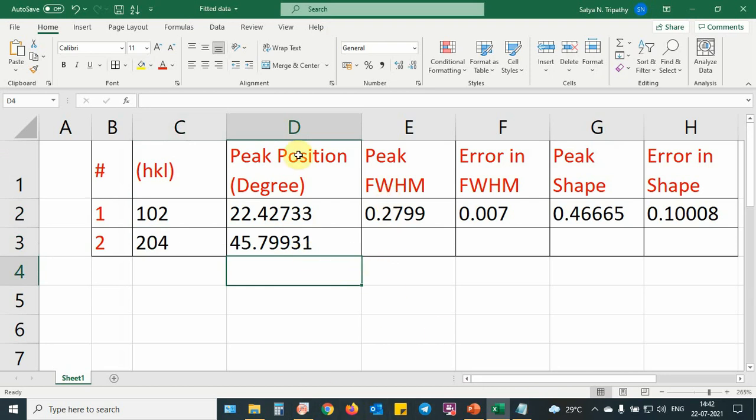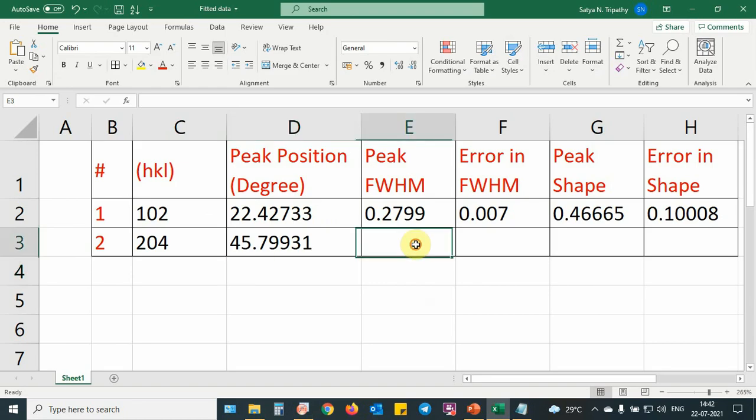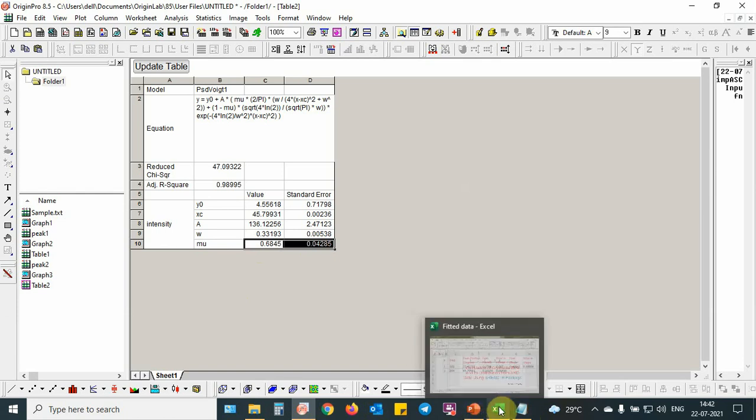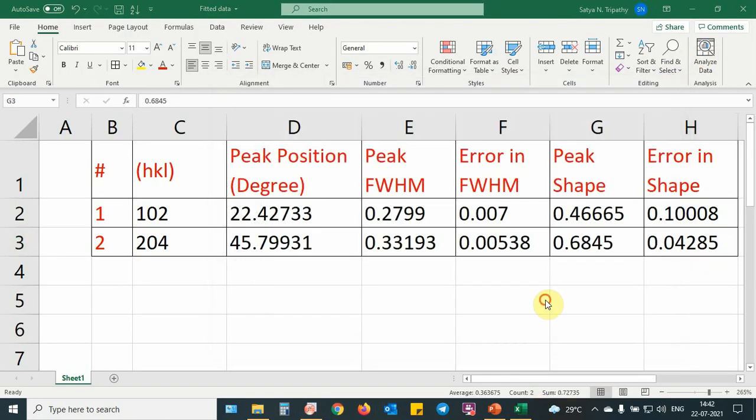Then we need the peak FWHM value, so I'm going to paste it here, and then we need the mu value. This is the shape parameter. So from this data we need to put all of it in the form of an input file.